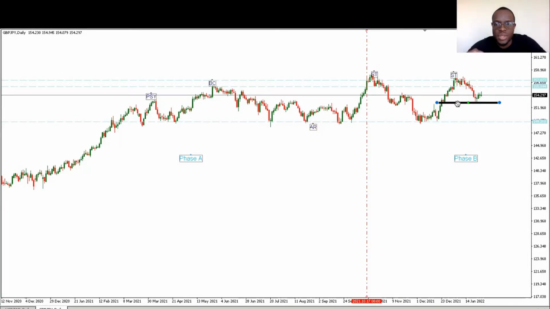But for it to be a stronger move, what we'll be waiting for is for the price to make that second test on this order block. Once it holds, we'll be comfortable that this is a stronger zone and it would form another structure, which is a double bottom. Then we would expect the price to push to the upside. Preferably we'll be expecting it to break this. If it breaks this, then retests it, and it holds as a support zone,